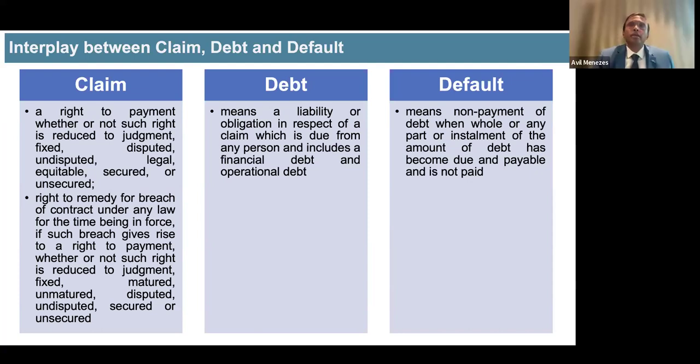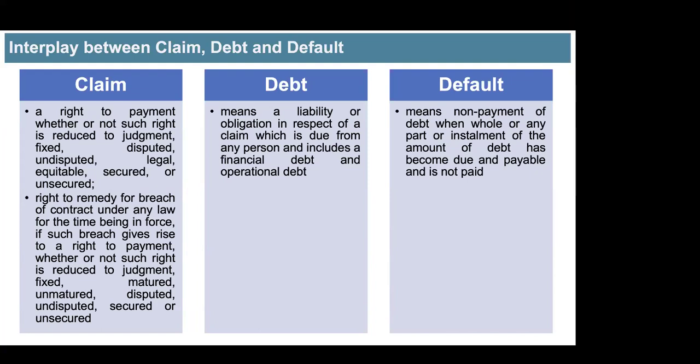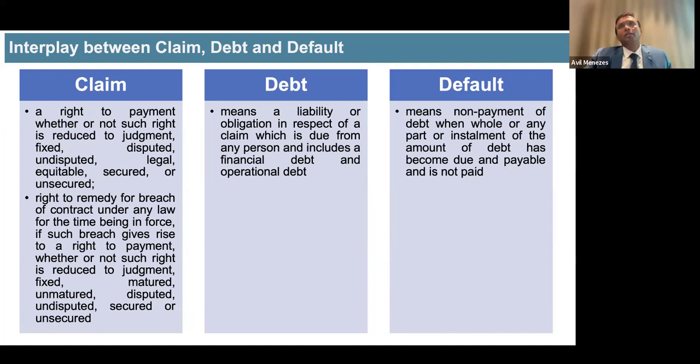There is no definition of a secured financial creditor or an unsecured financial creditor. Generally, to answer your question, when the bank lent the money, they were a secured creditor. They had some security, but qua the corporate debtor, they are unsecured. They have no security interest qua the corporate debtor. That is the answer. So if we are dealing with the corporate debtor as an IRP or liquidator, then we should treat it as an unsecured creditor.